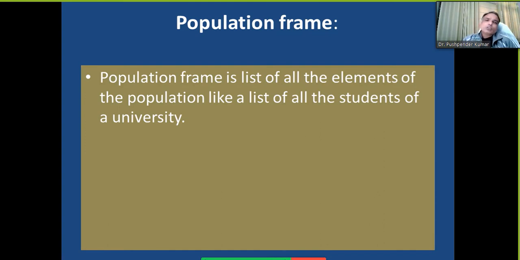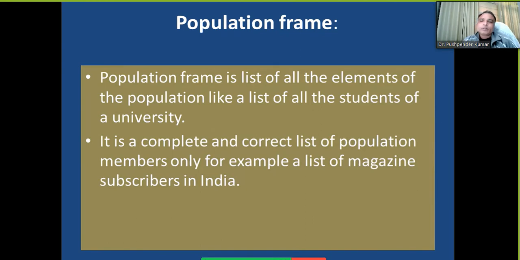It's basically a list of all the elements of the population, like a list of all the students of a university. In a college or university, that would be in terms of roll number or enrollment number, right? And in a bank, it's a bank account number. I hope it is now clear to all of you, population frame. So it is a complete, let us